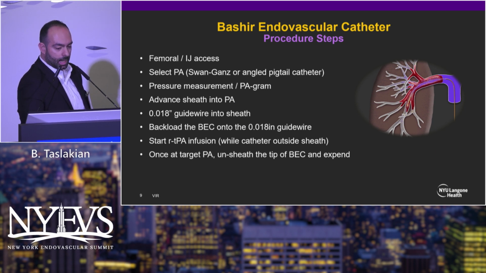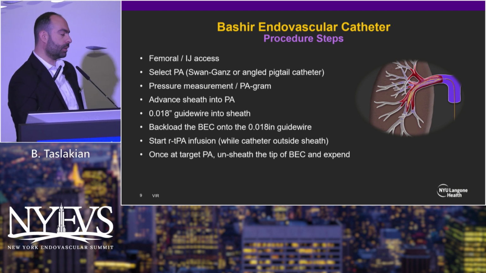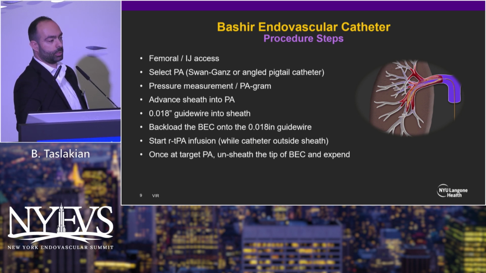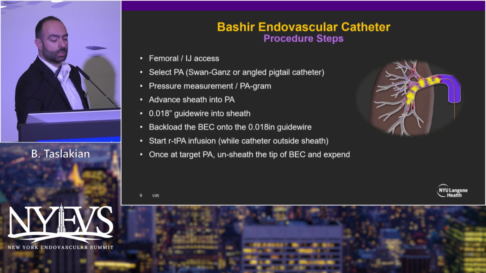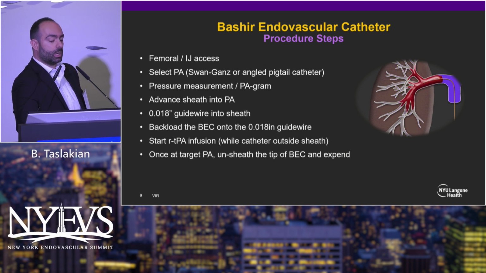You select the PA as any other PA intervention, pressure measurements, PA gram. I tend to limit the pulmonary angiogram to avoid increasing the load on the right ventricle and avoiding the patient collapse on the table. If I do any PA gram, I do like a hand injection just to confirm the location of the catheter. Then you advance the sheath into the pulmonary artery